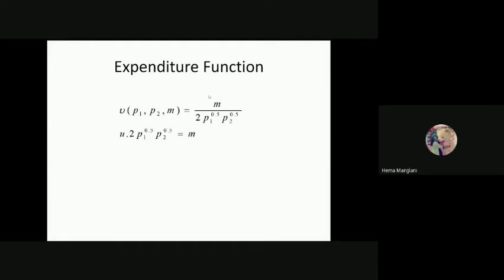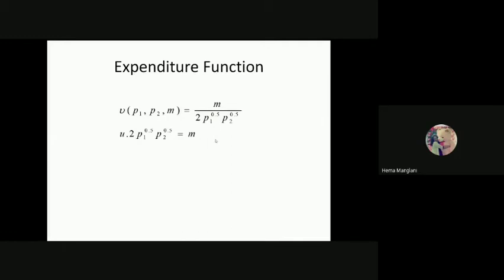So if you want to derive it, this M would be acting as the expenditure function now, because M is nothing but, based on your money income, your expenditure would be determined. So here this M value you need to derive. So utility multiplied by this whole is giving you now the expenditure function.